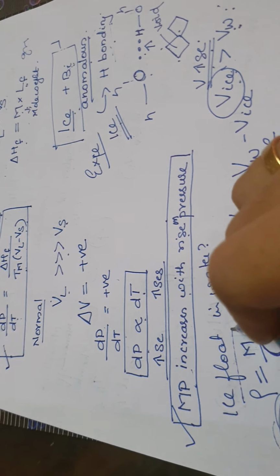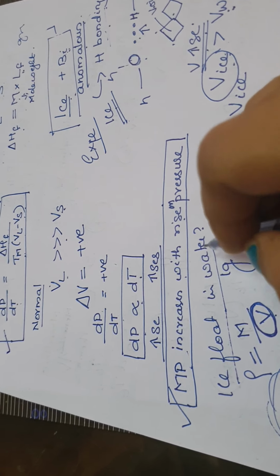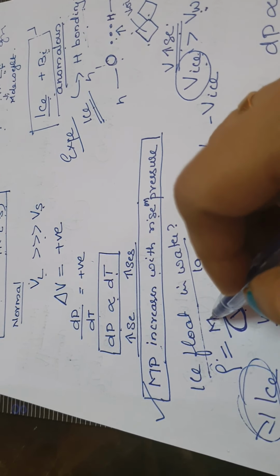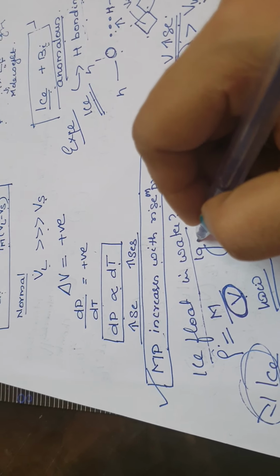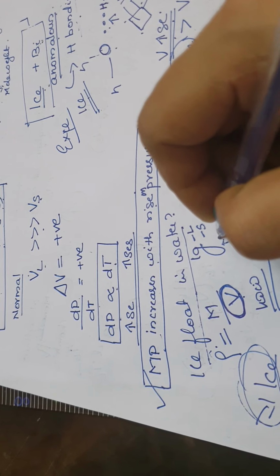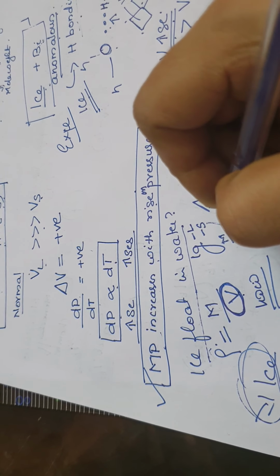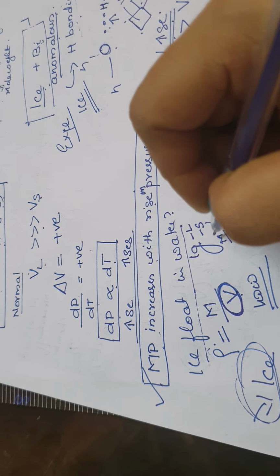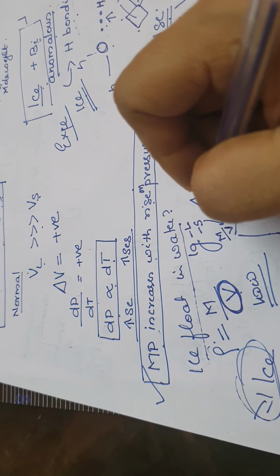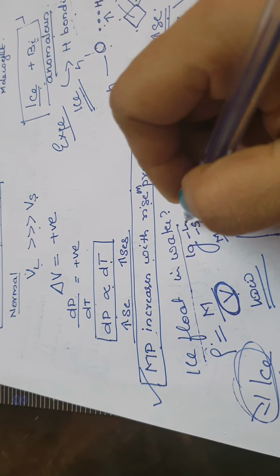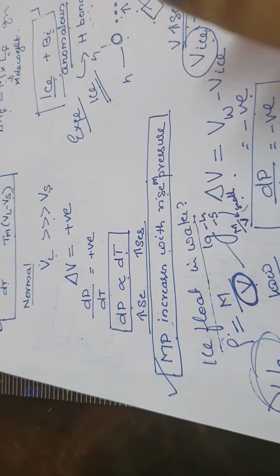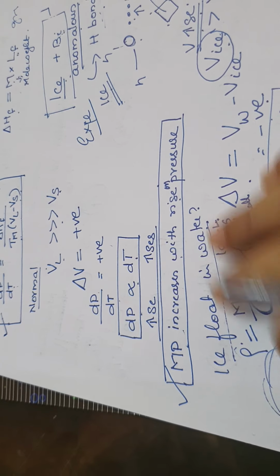And this is the reason why ice floats in water. What is the criterion we say for floating? It is density. Density is mass by volume. If you take the case of 1 gram of water and 1 gram of solid, when you take the m by v quantity for solid, since V_ice is greater, this quantity will be small. So when you compare with the liquid, ice is less dense than liquid, and therefore ice floats in water. I'm just saying this; don't get confused by it.